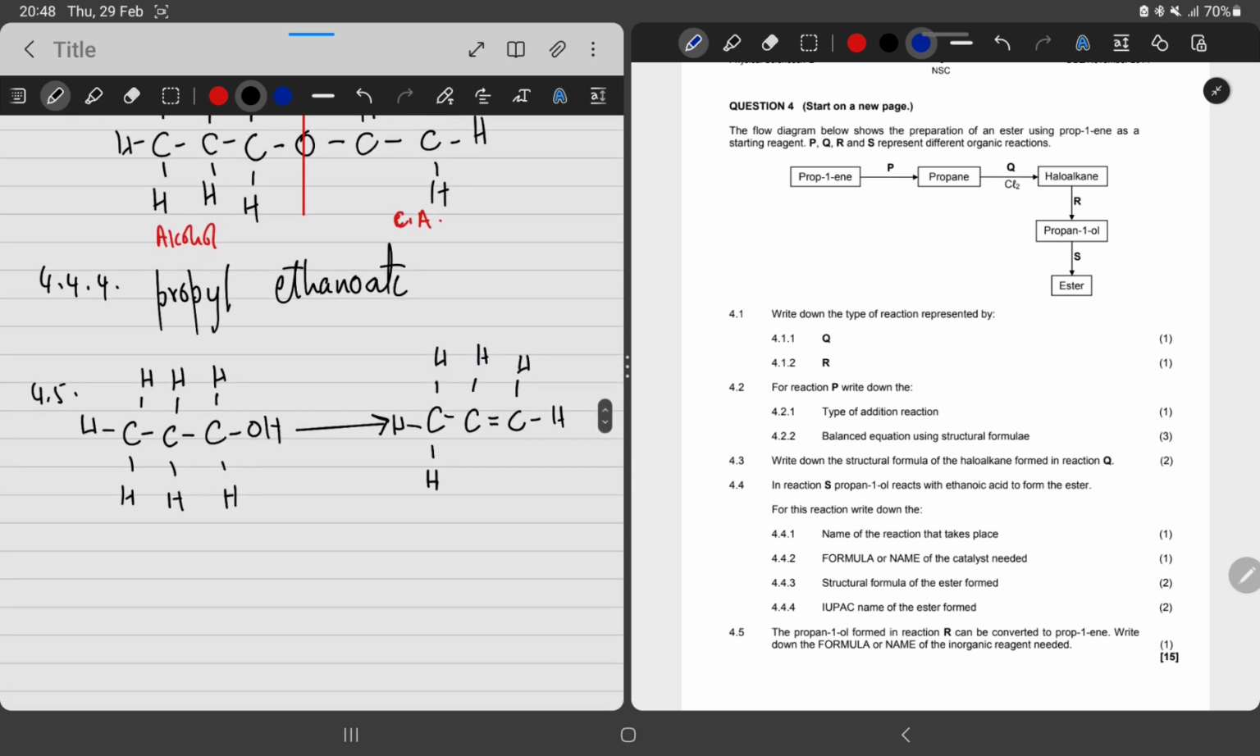So what have we done? We have removed the OH, and then we've also removed a hydrogen. So we have removed water. And then we said that a good dehydrating agent would be what? Sulfuric acid. So that is the inorganic reagent you need. You can also use